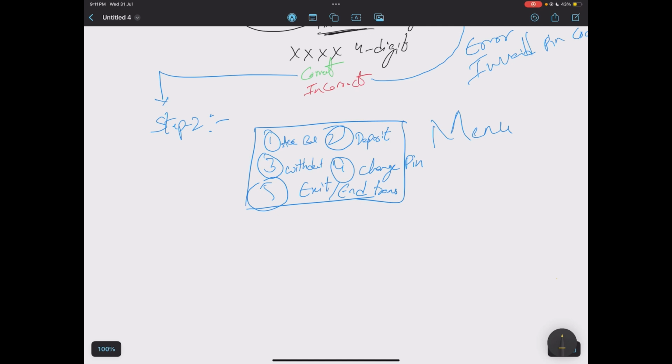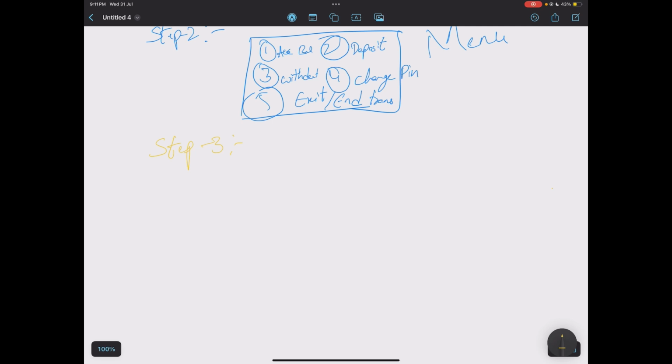Now, after it shows these 5 options in the menu, we can select any one of the options. For suppose say the third step will be based on the option selected. For suppose we have selected the first option, that is check the account balance. It will simply display the amount in your account. And if we select the second option, deposit,